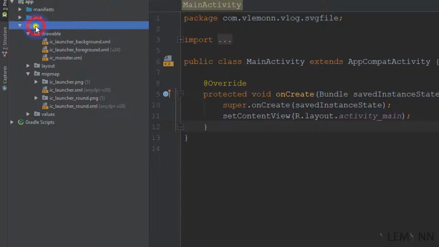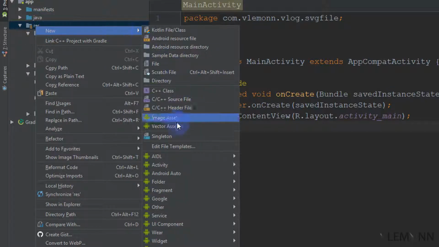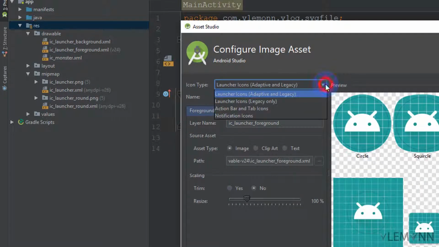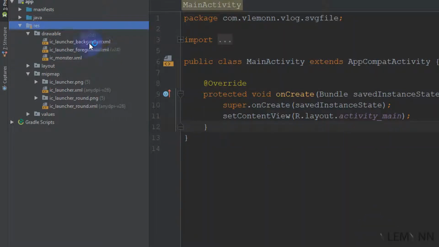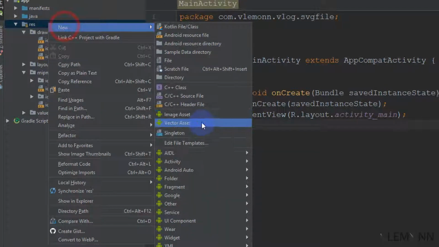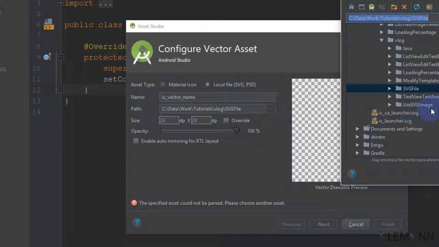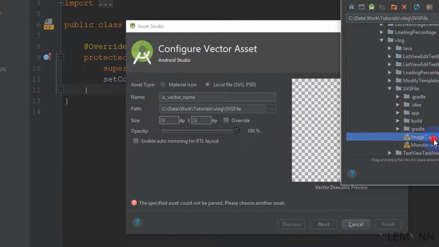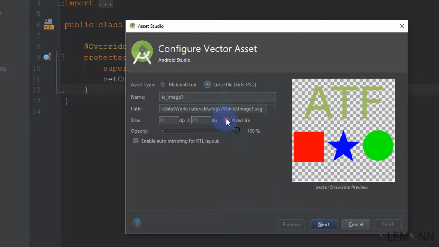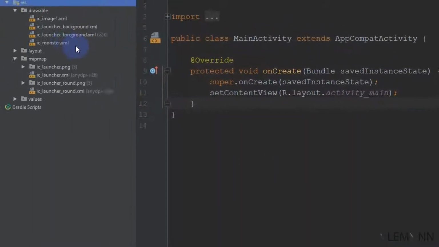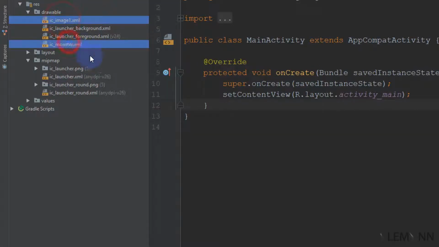For this, I'm going to right click on resource, new, vector asset. I'm going to select local file and click on this SVG. I'm going to select my second image, override, click on next, and finally click on finish. So these are our 2 files, and now we need to use them inside our